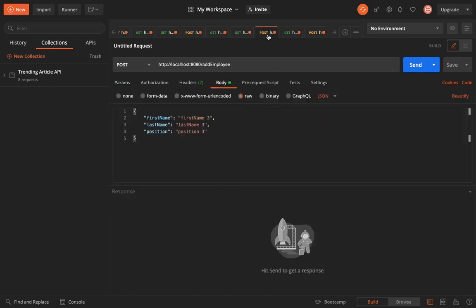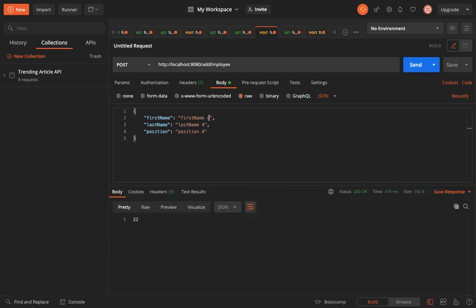Currently we have 3 employees in the list. So let's add some more. Let's add 2 more employees. So now we have a total of 5 employees in the list.